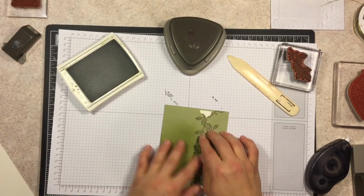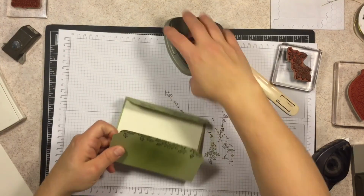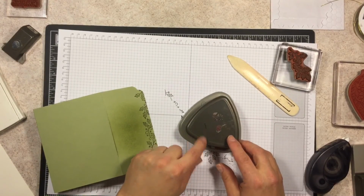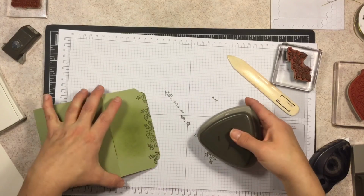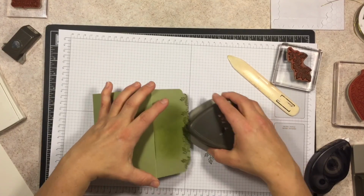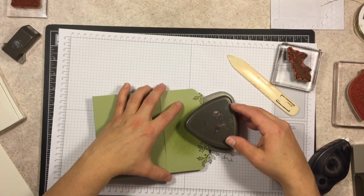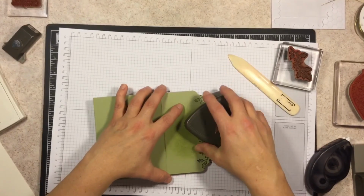Okay, so the next thing I want to do before I set this aside is put a notch in it, and that's the other punch right here. Now the guides here go straight across, they're right here. So when you put your paper in, you're going to stop at the guides. I'm going to do it a little bit on the high side so it's out of the way of my